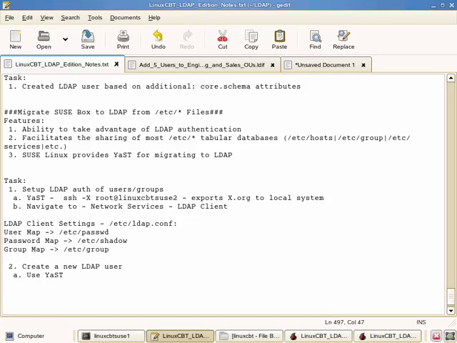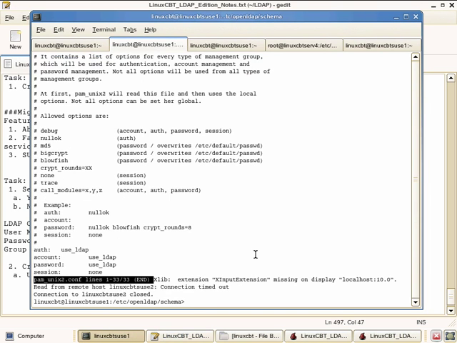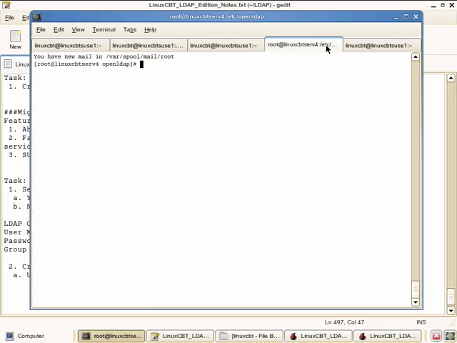Now that we've set up the SUSE box to authenticate using LDAP, let's look at converting our Red Hat Enterprise box to do the same. It's currently using only /etc/passwd. We can confirm as such by connecting to one of the shell windows where it is and catting the contents